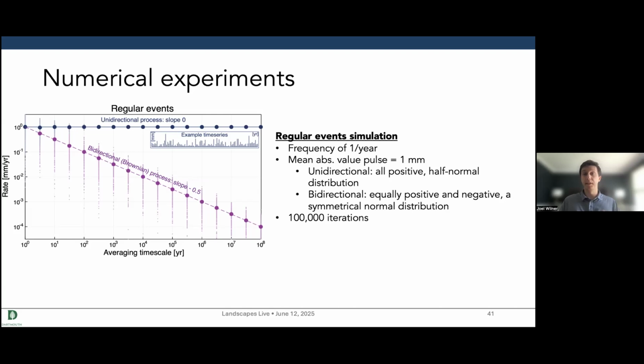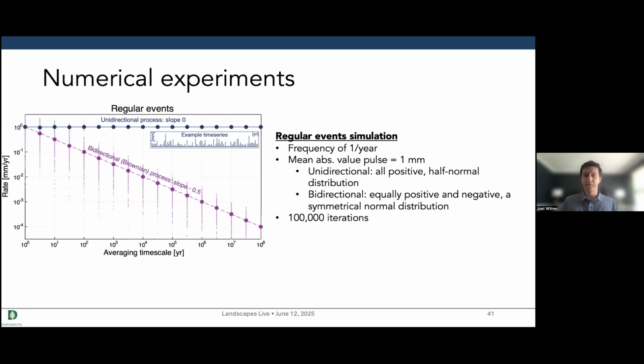And this is relevant to glaciers. You can't, for example, redeposit a glacial sediment back up underneath the glacier. Whereas bidirectional processes are those sorts of processes that involve sediment reworking and can, in effect,